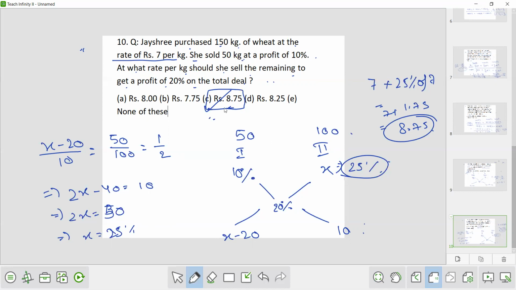I hope I have answered all your questions in a wonderful way, and I hope that you have got some clear concept on mixture and alligation, as this is a very important topic. In the entire quantitative aptitude, you will find some questions on mixture and alligation, like you can solve the questions on simple interest. I have solved the questions on profit and loss also. Mixture and alligation is quite associated with all the parts.